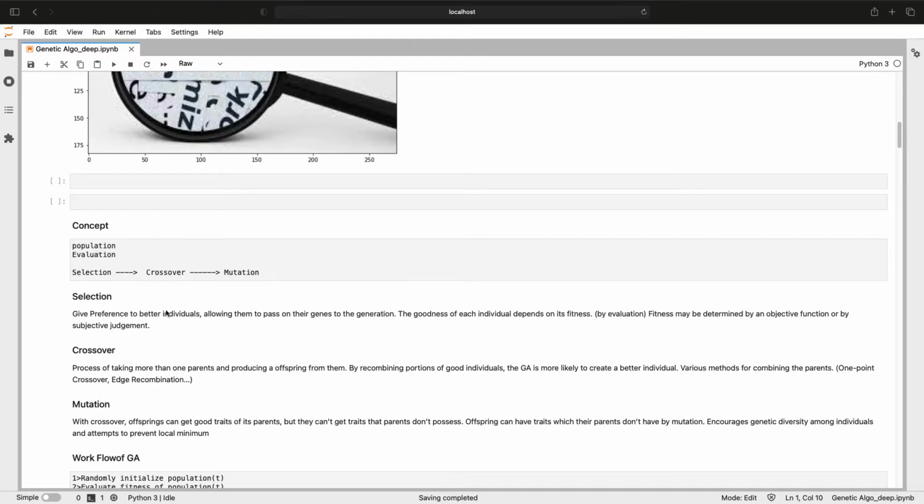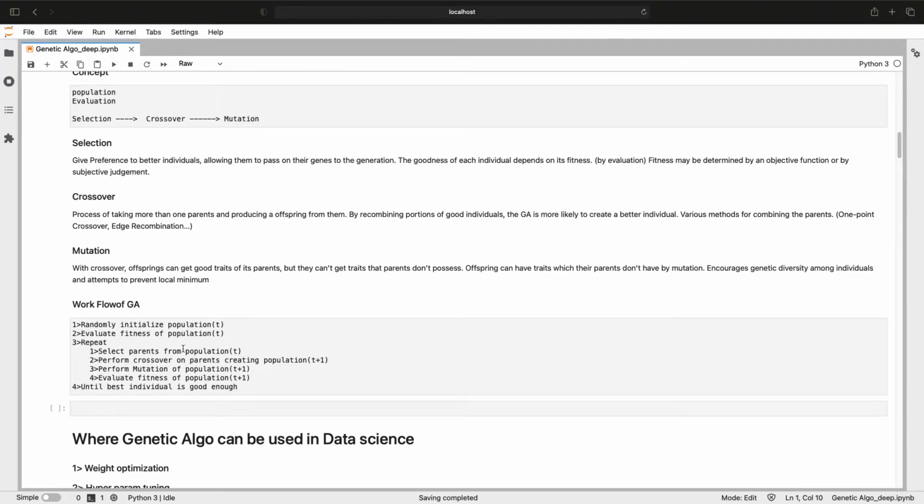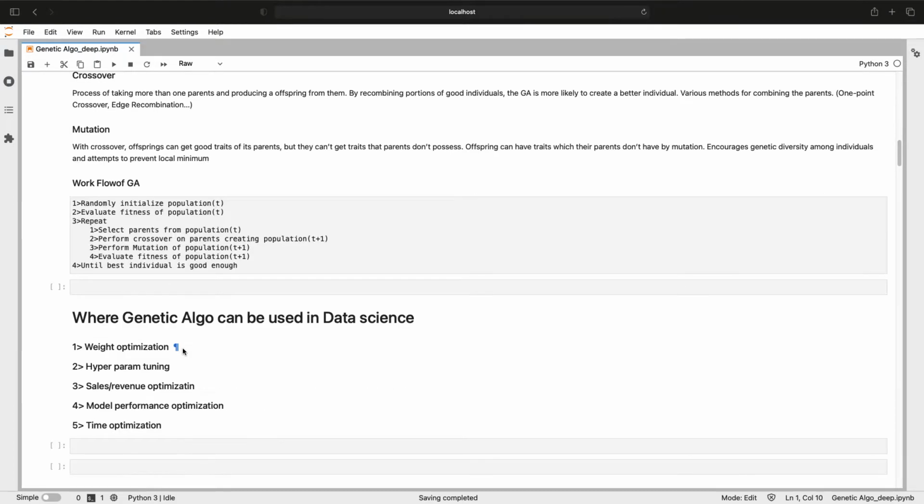So the whole workflow of genetic algorithm is like this: first it randomly initializes some of the population, then it evaluates the whole population with the evaluation function, or the fitness function as you can say, then a selection process, then crossover, then mutation, and then it again evaluates the new generation generated through these processes. This whole process of selection, crossover, and mutation goes on in an iterative way until the time it meets our conditions. So we need to hold on to this thought. Once we look at the code, I think the terms are going to make more sense to us.